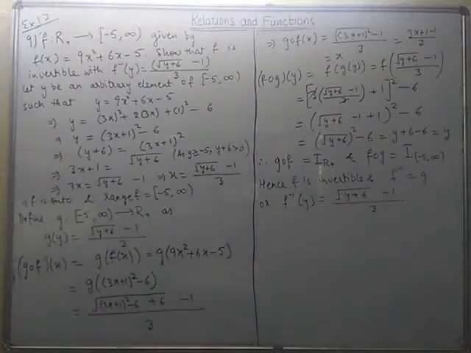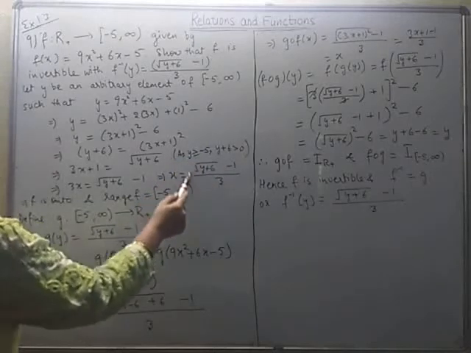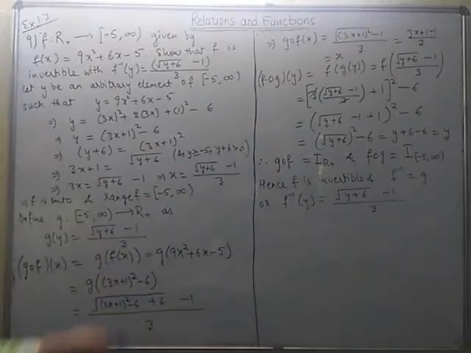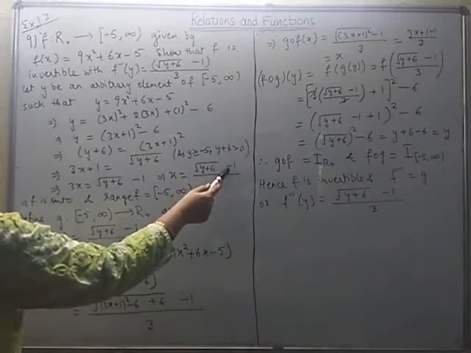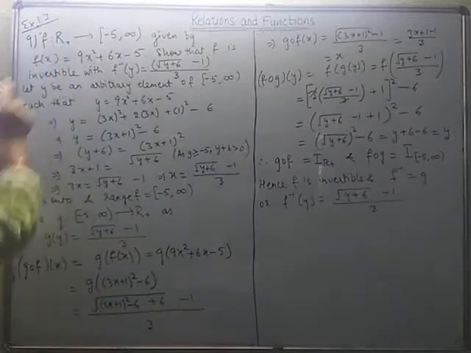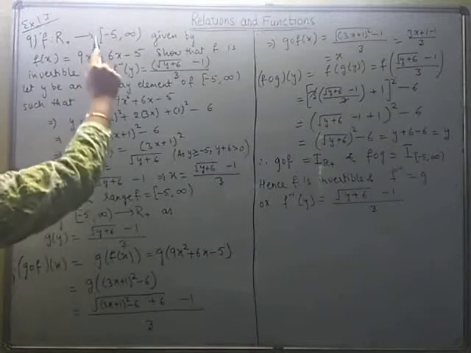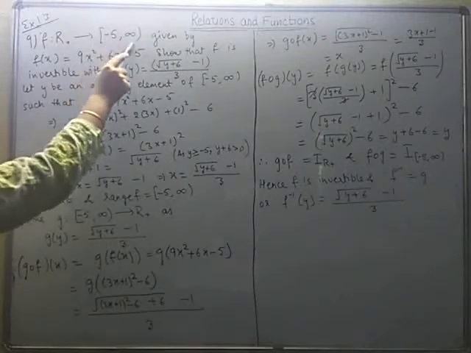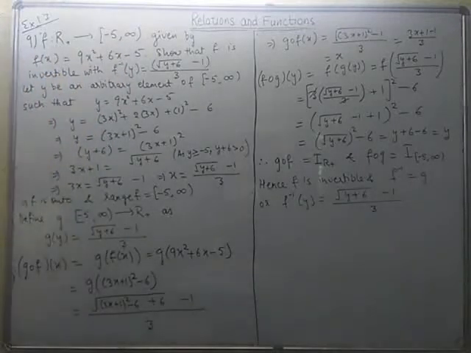And you can see for y greater than or equal to minus 5, this comes out to be a non-negative real number. For y equal to minus 5, this reduces to 1, and 1 minus 1 is 0, so 0 over 3 is 0. So x can be 0 because it belongs to the set of non-negative real numbers. So we can easily see f comes out to be onto, and this is actually the range of the function. So there is no element left here which is not the image of any element in the domain.